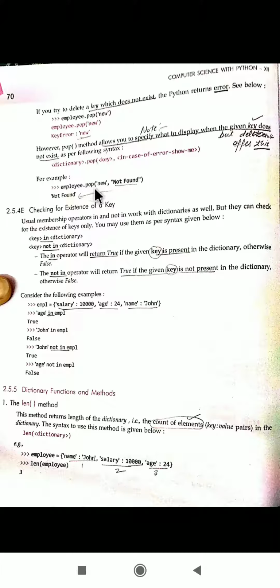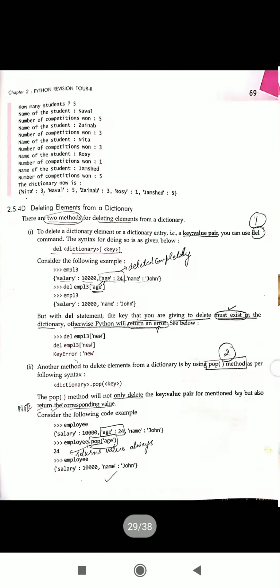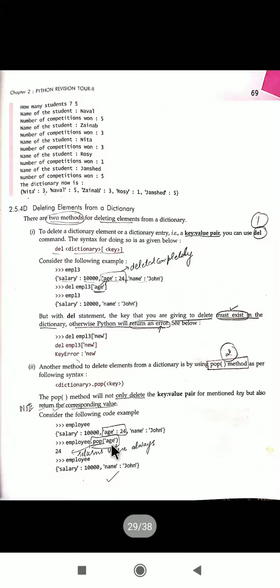Employee dot pop new, by chance if this key is not a part of the dictionary employee, then it will give you the output not found. If it exists, it will give you that value, like age 24. The age key had the value 24; you can check on the previous page. Since age has value 24, we were not giving any default. If it does not exist, what should be printed?